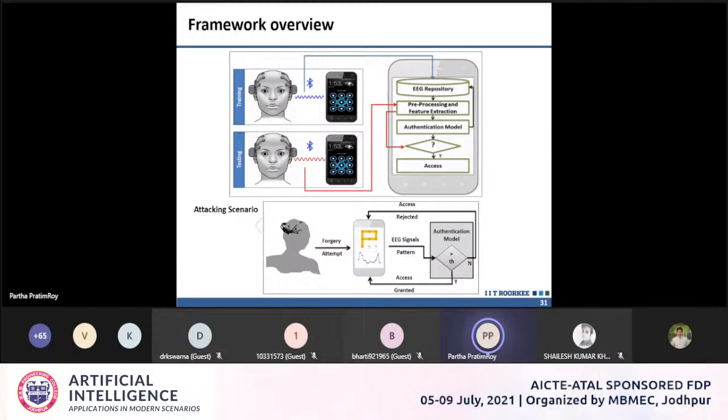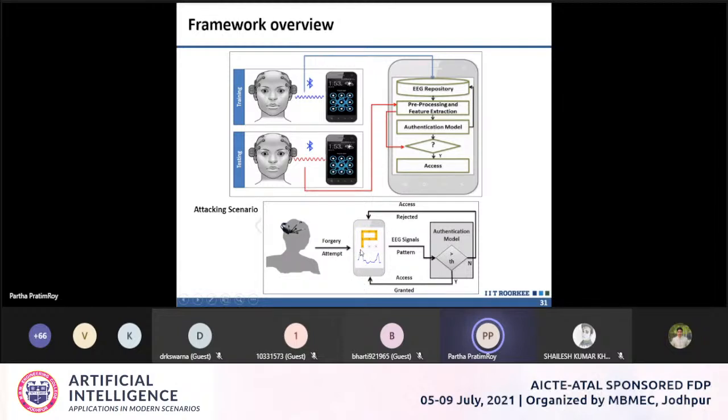Let's consider, for example, if you are using a Mac laptop or mobile for fingerprints, it will ask you to give the data at different angles or different pressures. That way it gets the data with different kinds of noise. Similarly, if you get the EEG data many times, then the model will be better. Okay, so we have now the genuine model, and now given new signals.